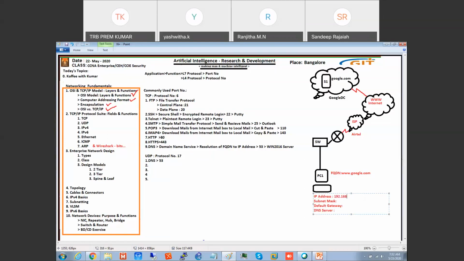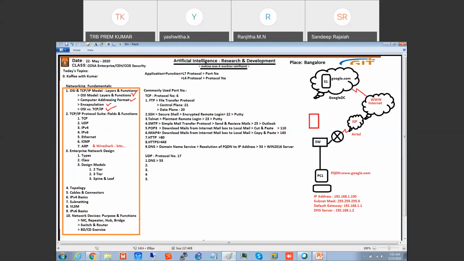Okay. So then I'm doing 192.168.1.100. Subnet mask 255.255.255.0. Default gateway is 192.168.1.1. DNS server 192.168.1.2. Correct. So this DNS server I have put in my company here. This is my local DNS.